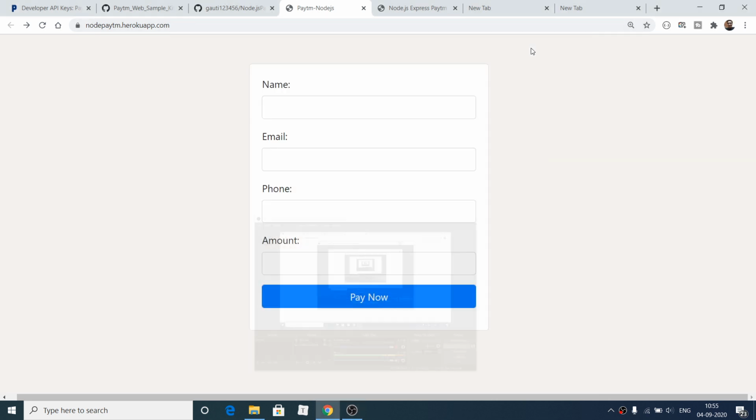Hello friends, today in this tutorial I will be telling you the step-by-step process on how to integrate the Paytm payment integration inside your Node.js and Express application. So this is a live demo that you can see here. I have deployed this application on Heroku. This is the full URL. I have given the link in the description of the video, so you can go to the live URL and